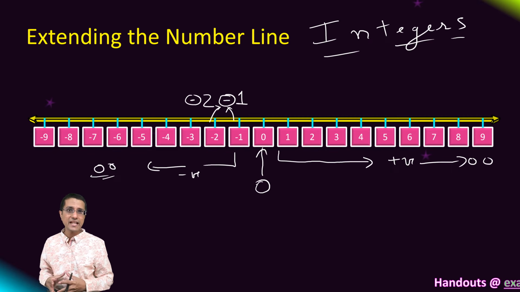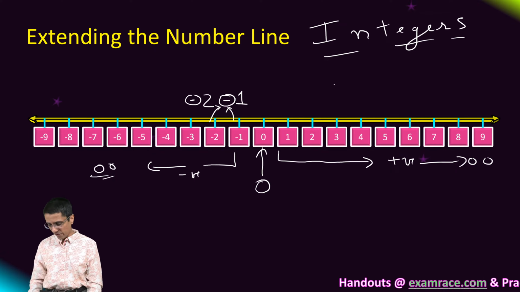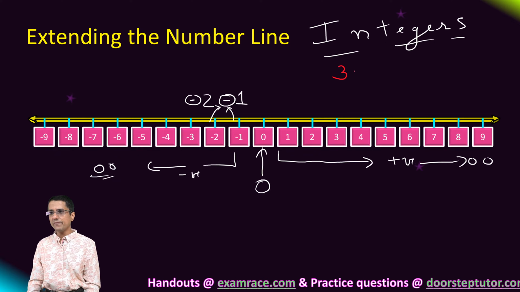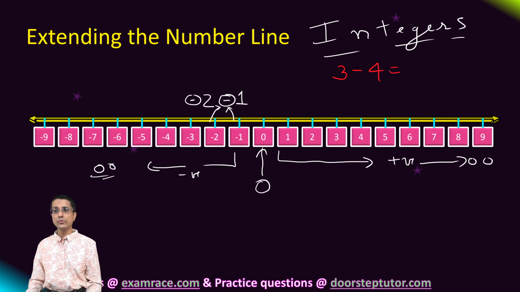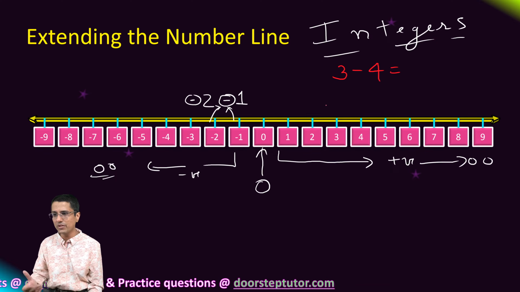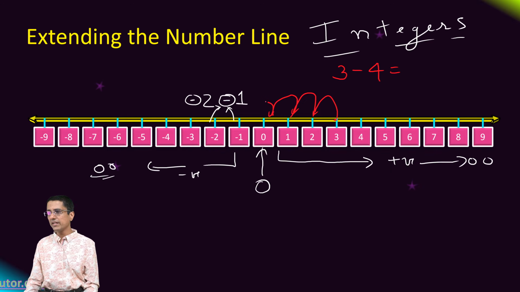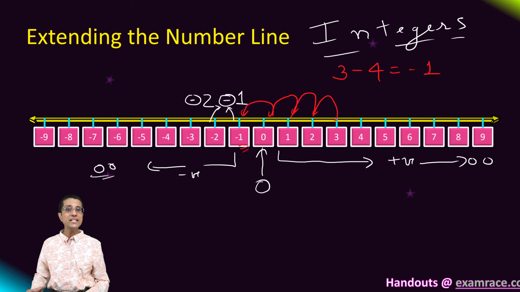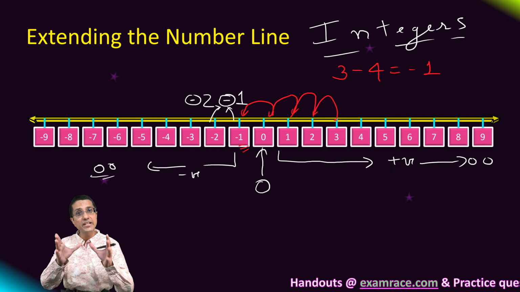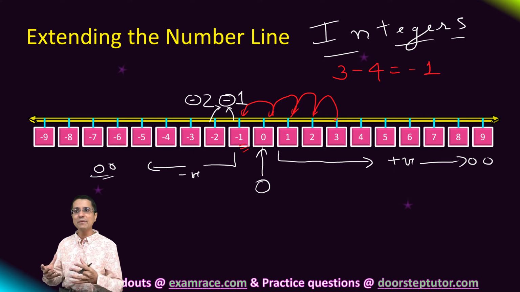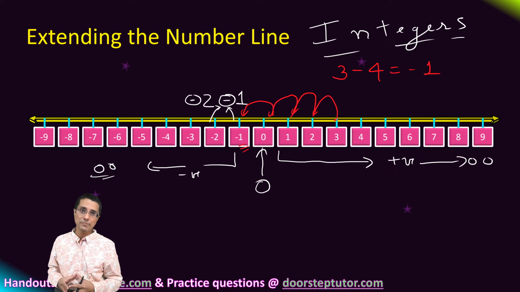These integers are able to accommodate our subtraction now. That is the most important thing that we should see here. Previously I was not able to do this operation, but now I would be able to. You will see, magically, we start from 3 and we are able to go back 1, 2, 3, 4 places and come to minus 1, and that is of course our answer. More importantly, we did not fall off the number line of integers, and we were able to do that subtraction.